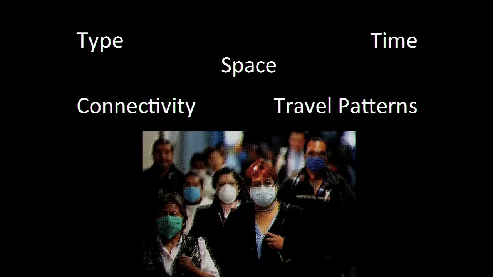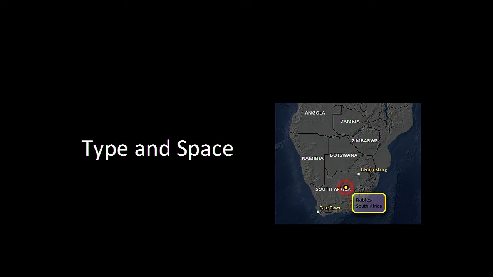So tonight I'm going to talk about one part of my work, which is creating maps and visualizations to improve our understanding of the spread of disease. There are 5 key factors that I think are important to take into consideration when visualizing and assessing the potential spread of disease: type, space, time, travel patterns, and connectivity. First, type and space. We need to know what kind of disease we're dealing with and how it is spread,